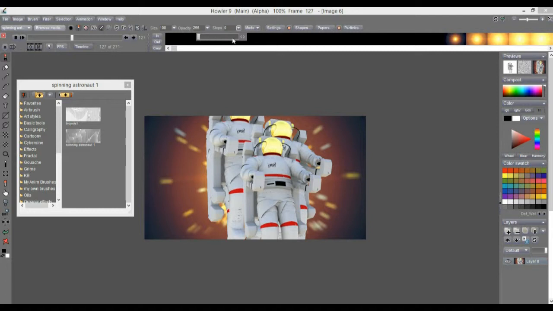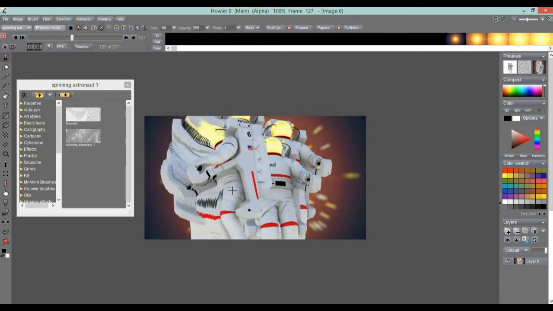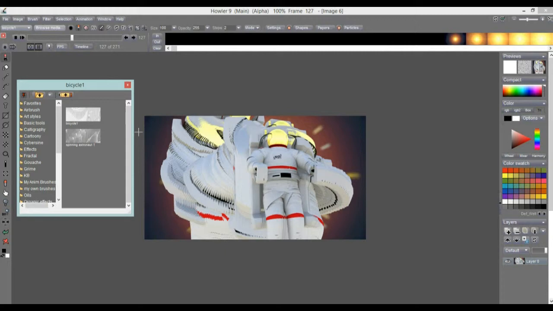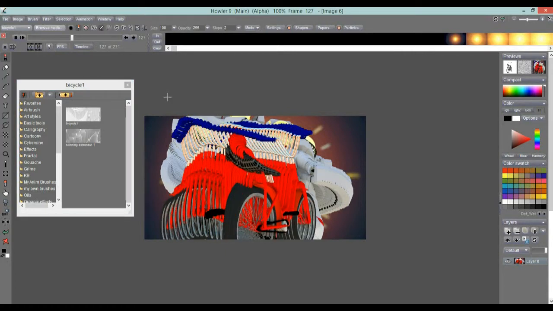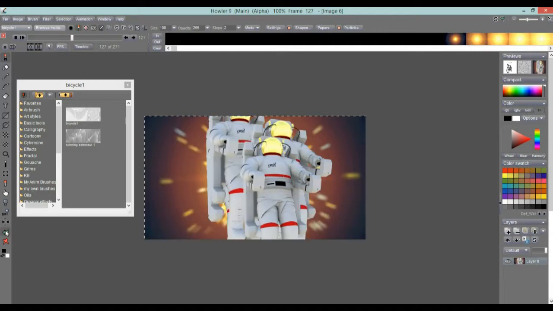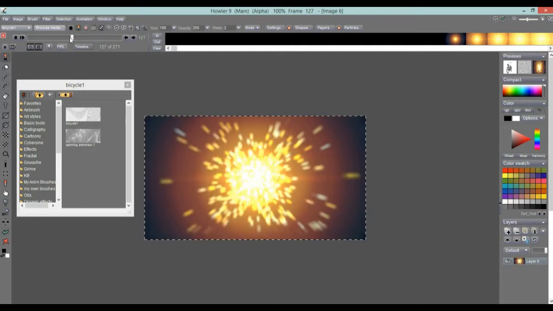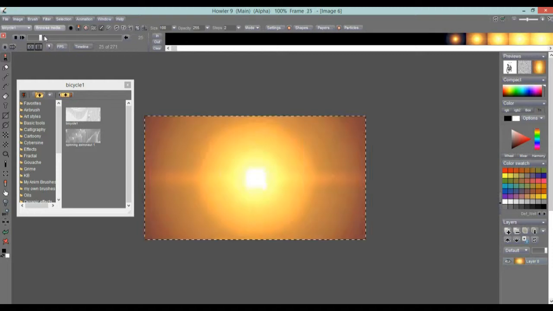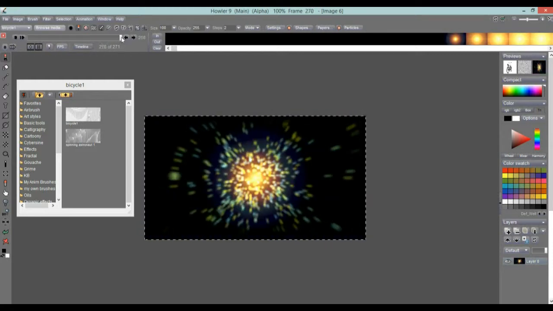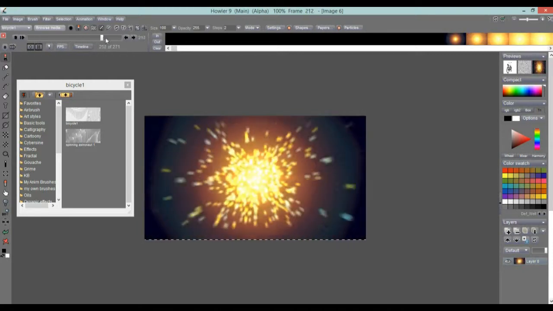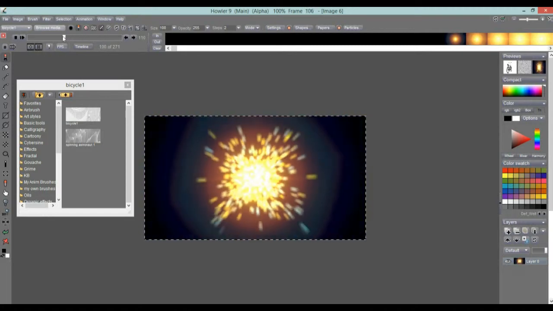If I set this to really small distance on the step, you can see him spin. Maybe I use the bicycle. There you go. So the idea really is to take this animation, but the animation shows an explosion, and I kind of want to show the opposite of that, reverse it. So one thing we have to do first is reverse it, and then we may want to also change the